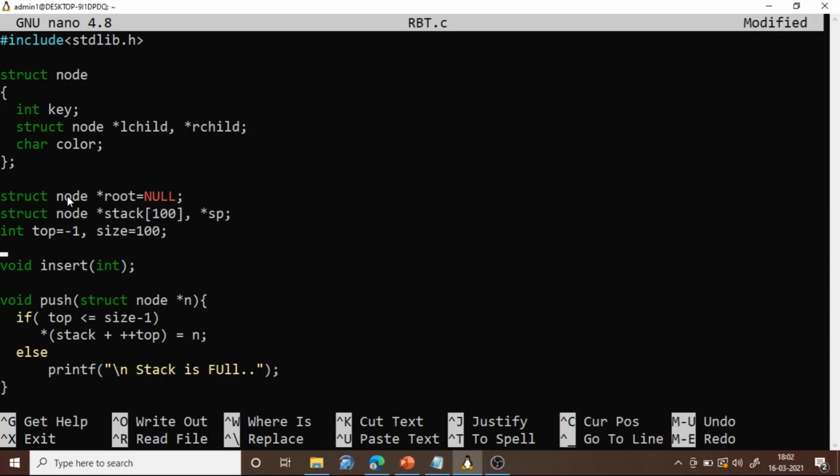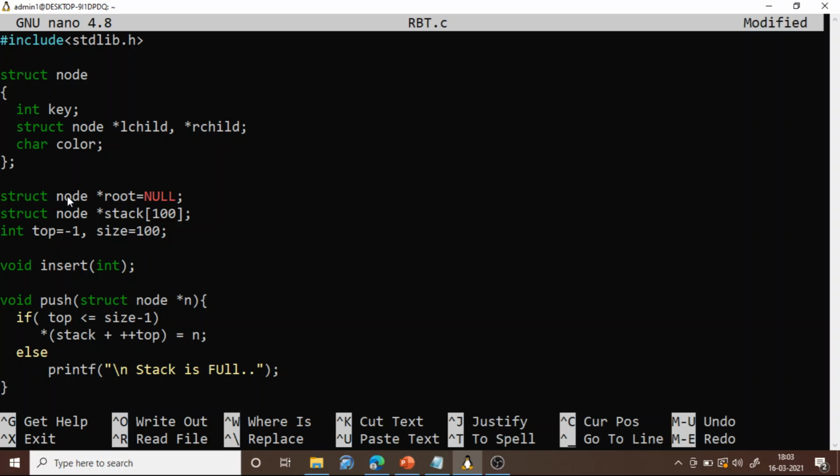The stack implementation is left as it is. It's just a copy of the AVL tree code we have discussed. The stack is an array of pointers. The array contains 100 locations and all 100 locations are pointers, that is, each can point to a particular node, right? This stack pointer I am not using here, so let me delete it. All these are stack features. Initially top is initialized with -1 and the max size of the stack is 100, so we set size as 100.